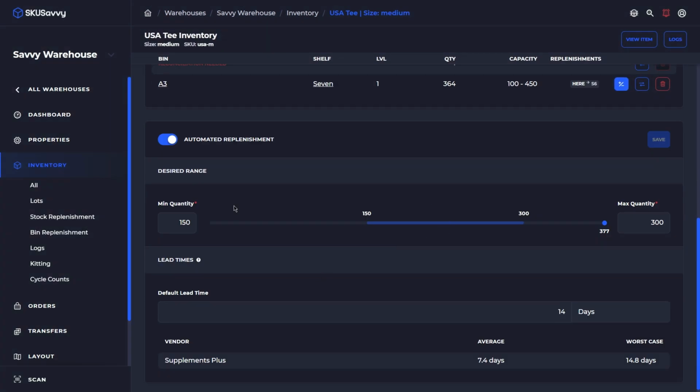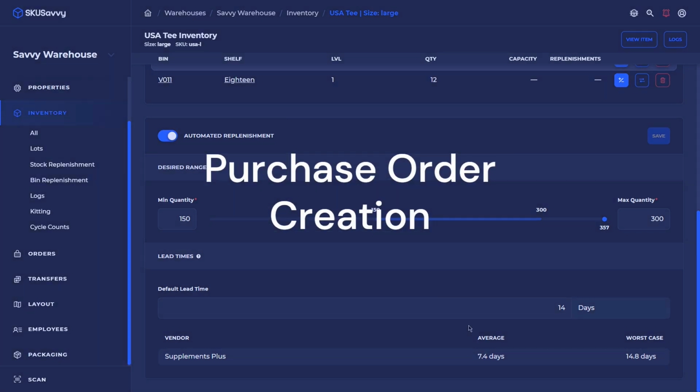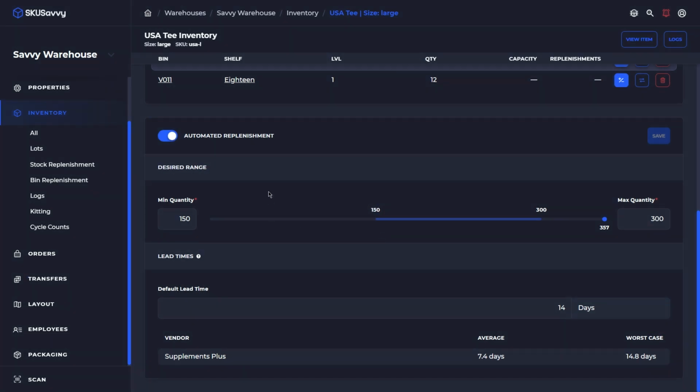Okay, so down here we can see for this product, we have turned on automated replenishment, which is going to enable us, during the purchase order creation, to give a value for what we should be purchasing, how many units we should be purchasing to get back up to our desired maximum par value range here. And as you can see down here, the vendor lead time is also being calculated. So let's jump in and see how we can use this automated replenishment now to create a purchase order